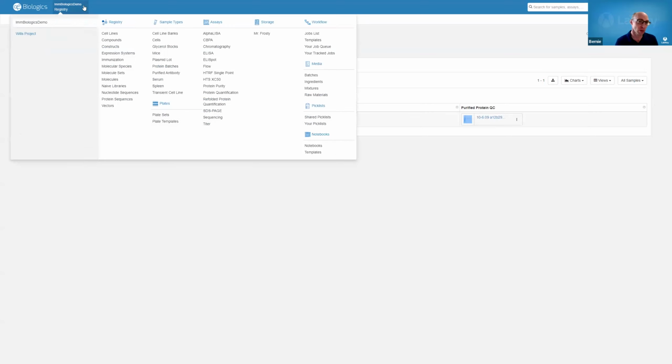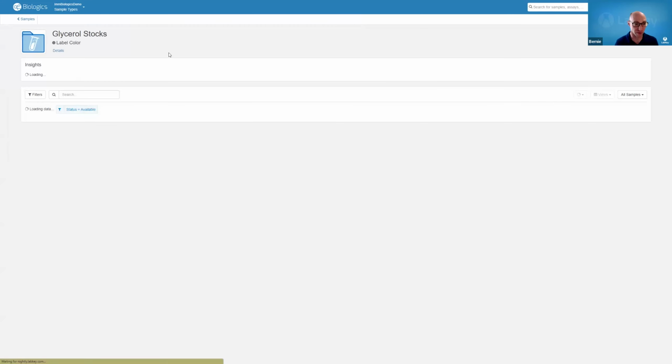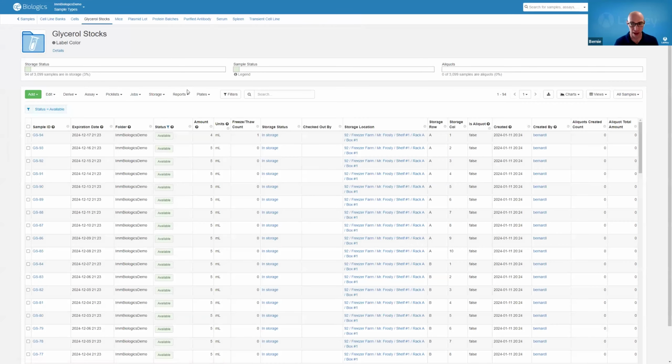Okay. So how did we get here, and how do we do some of that initial screening and characterization? So I created, I'm tracking some libraries in here, and I have generated some stocks of these materials. Okay, and this is obviously very contrived, but I have a set of glycerol stocks, that's what GS is, glycerol stock, of these materials that are sitting in my system. And we have a lot of